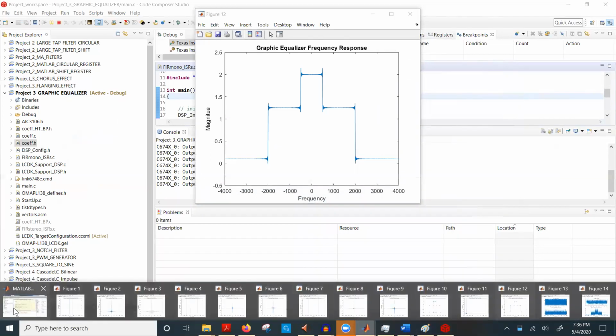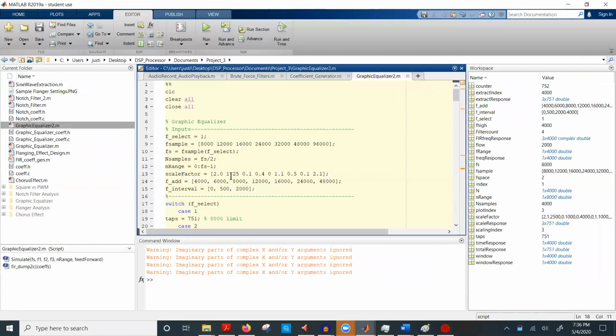Now the graphic equalizer can be adjusted for different values here to make them louder or softer. So if I wanted to decrease the lower tones to say 1.5, and let's say I increase the upper tones by 2.25. I'm hesitant to increase the higher tones too much because then they'll become loud and cause headaches, but I'll increase it to 0.5. So if I run the graphic equalizer again with these new values,